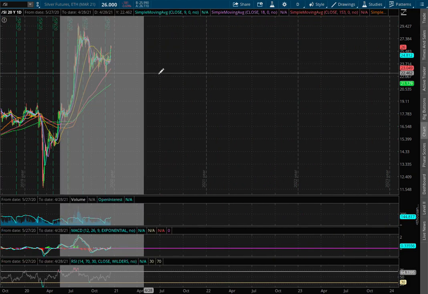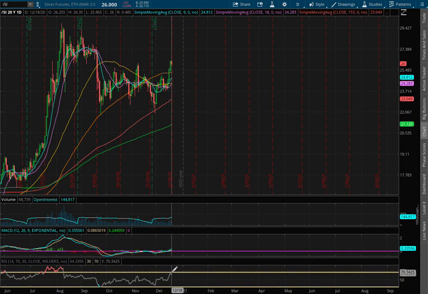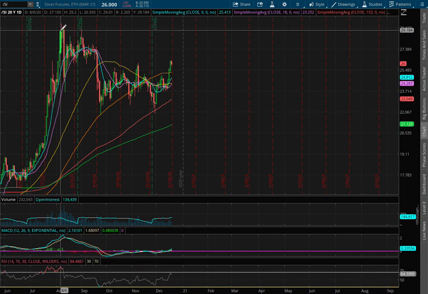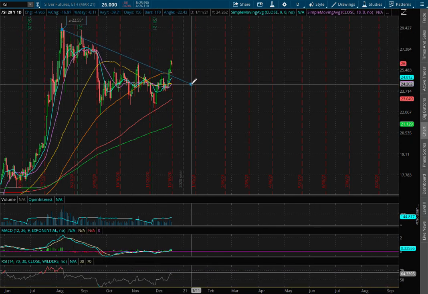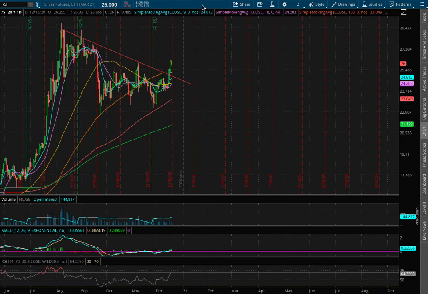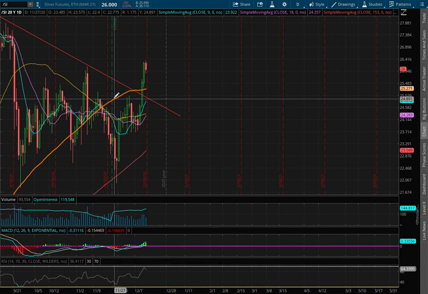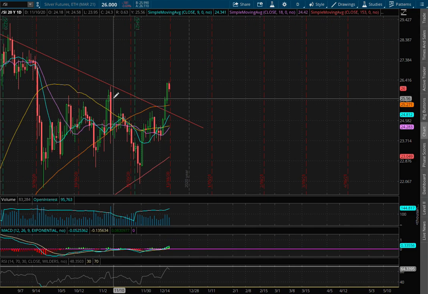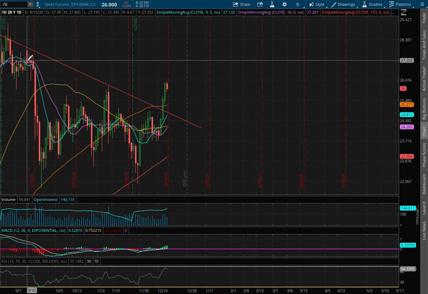For the daily chart, we still remain in positive MACD and nearing overbought levels with the RSI. We did break a downtrend, so we have that there. And as for support, that will be where we have the 100-day moving average, this orange line, acting as our support at the price of $25.27. As for resistance, that'll be where we encountered resistance in the past that dated back to September 15 at around the price of